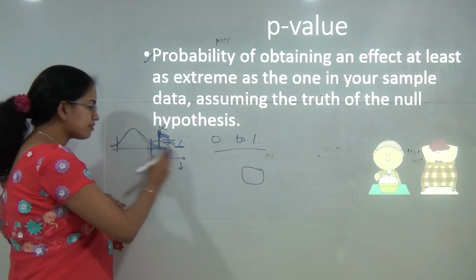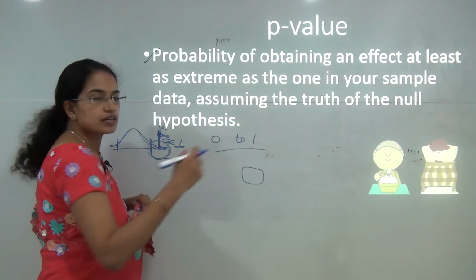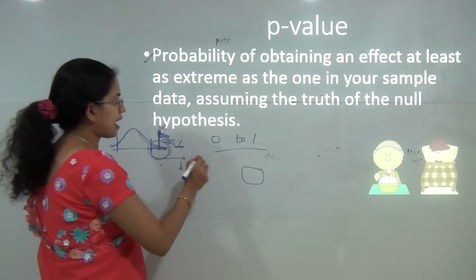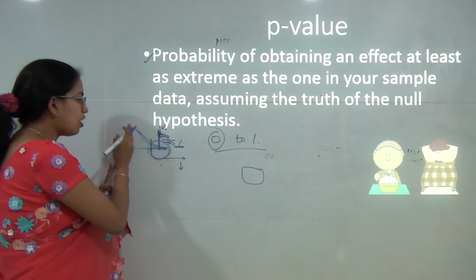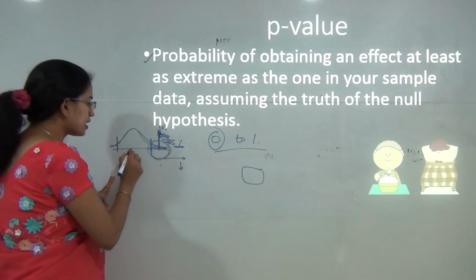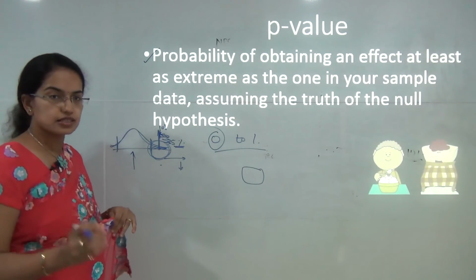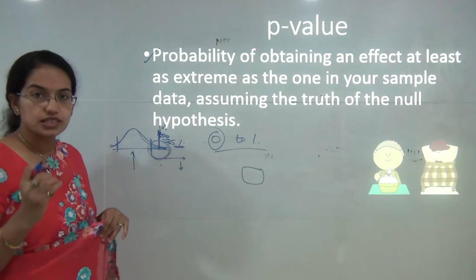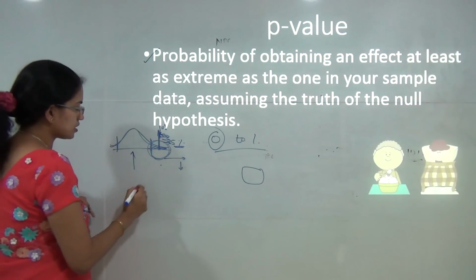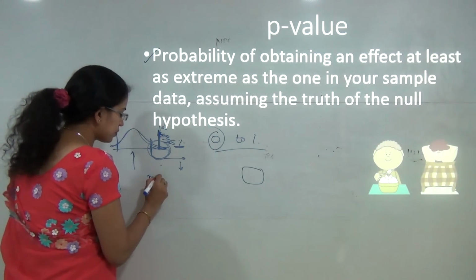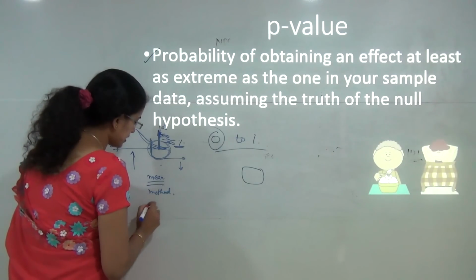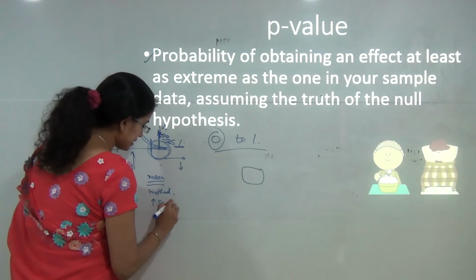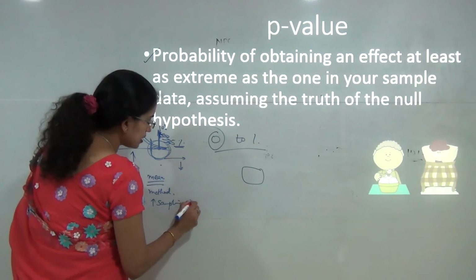As you move away from it, you would have a decrease in the probability and your p values would be closer to 0. Again, how do we try to reduce our errors? So these were the type 1 errors and the type 2 errors. How can we reduce them? We can reduce them by improving our mean, improving the methods that we use. This could be done by increasing the sample size, so focusing more on sampling.